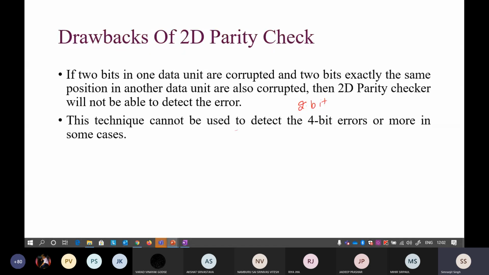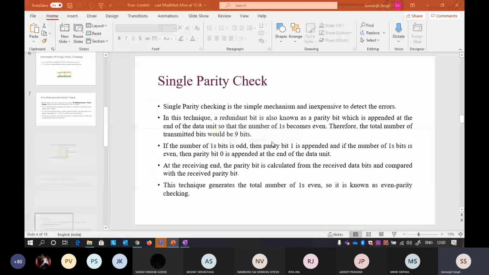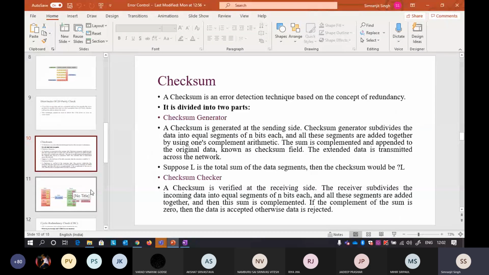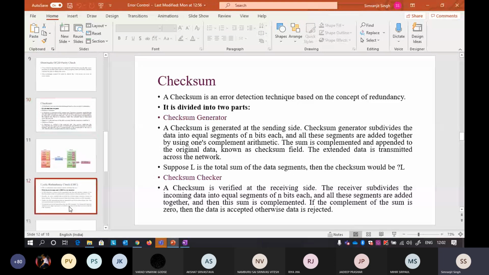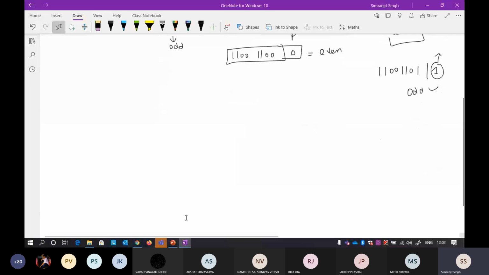Okay, another popular technique that I'll discuss now, before discussing checksum, I'll discuss CRC. Okay, it is one of the most important techniques, so I'll discuss this. Okay, so in checksum, there are two things here. First is your checksum generator, and another is your checksum checker. Okay, so there are two techniques. So I'll write, there are some important points that many of us miss here. Okay, so CRC, the full form of CRC is cyclic redundancy check. Cyclic redundancy check.